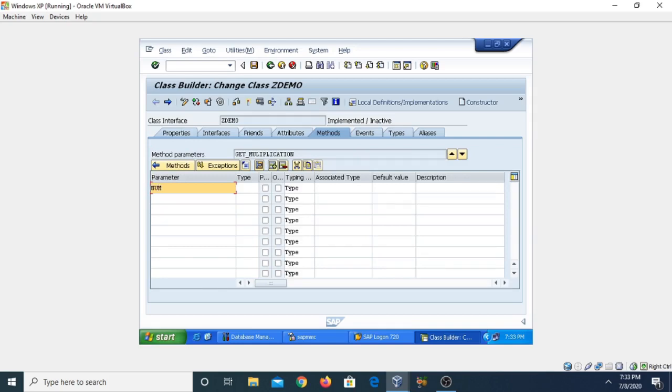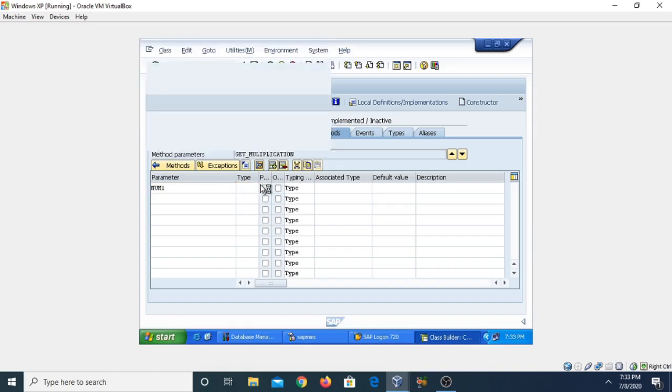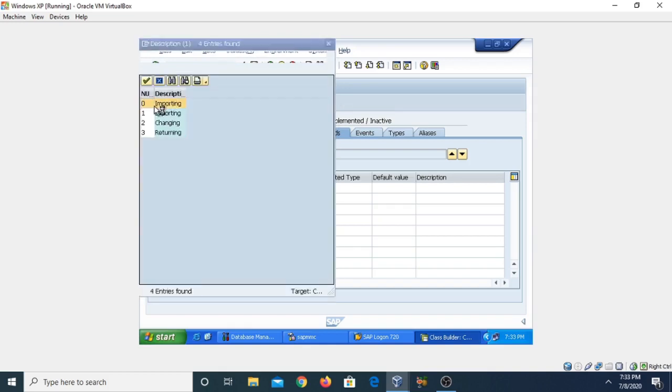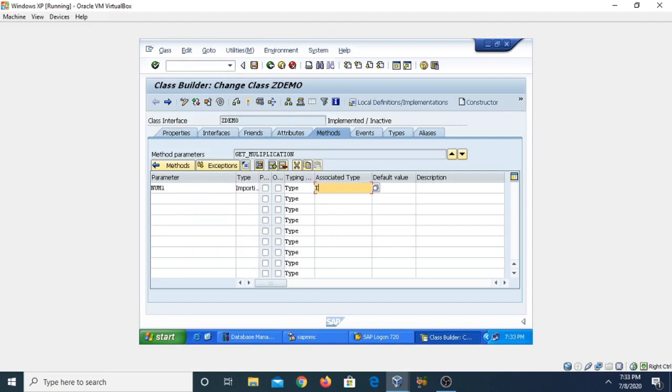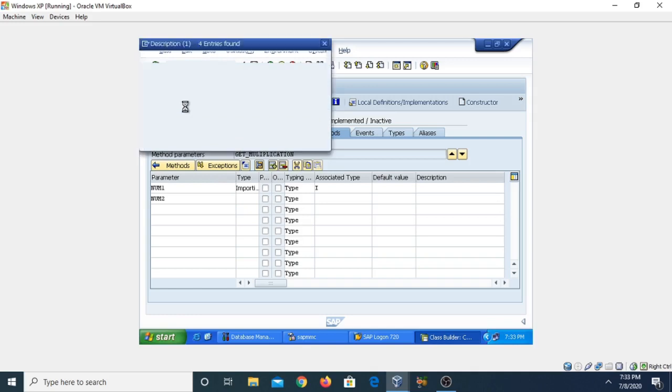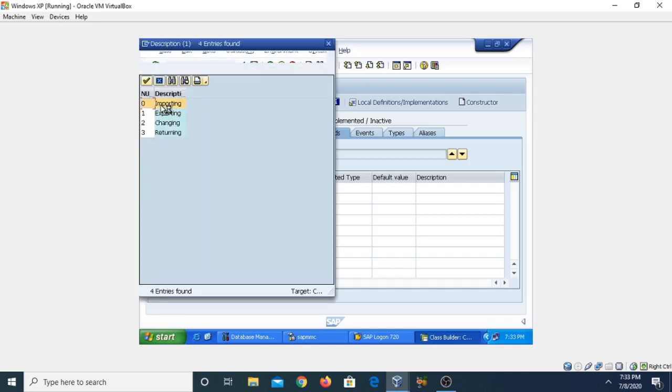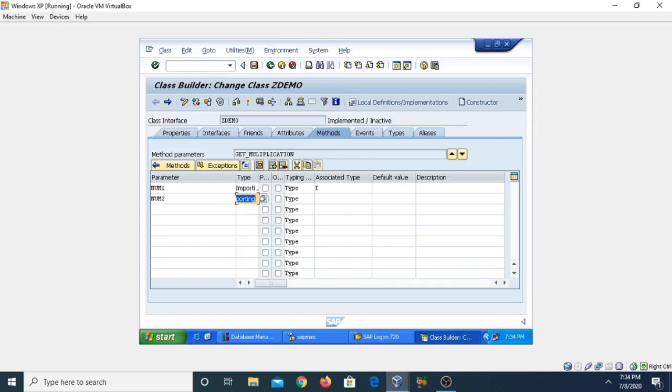In this I'm going to define the parameters. The first parameter is number 1. Again the type will be importing. Then we need to define the associated type, so I am taking integer. Number 2, then again importing, then the associated type is I. Similarly we can also give the result here.